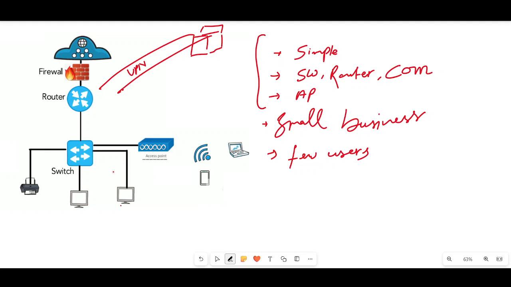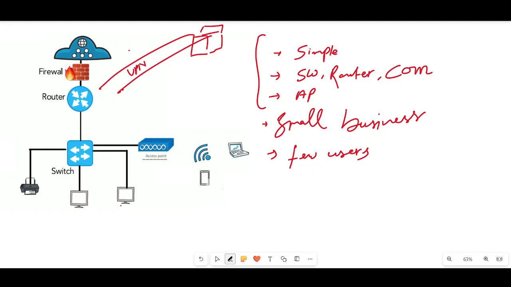So overall, a Soho network is designed to provide essential networking capabilities for small offices or home offices, enabling users to connect devices, share resources, and access the internet in a convenient and secure manner.